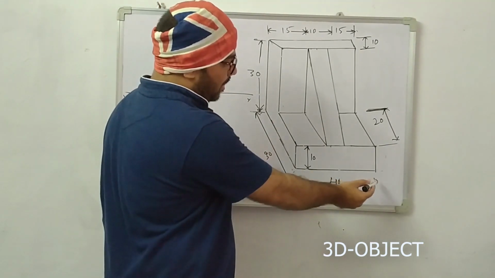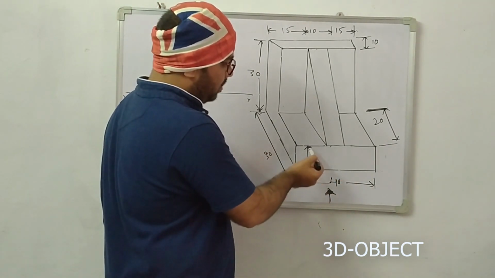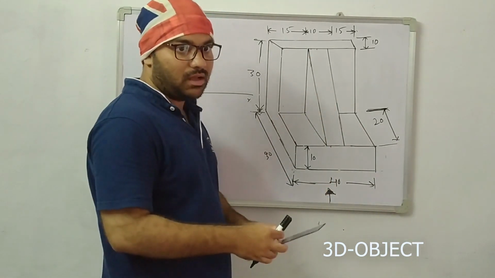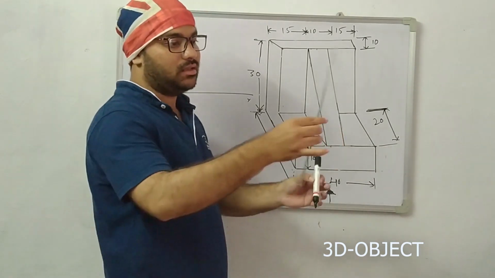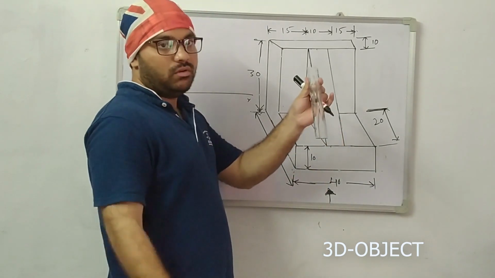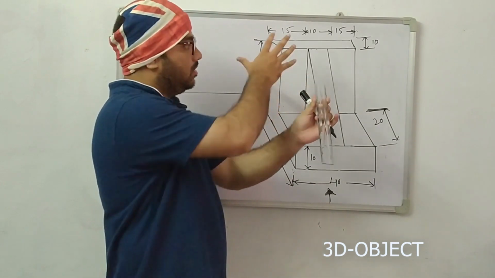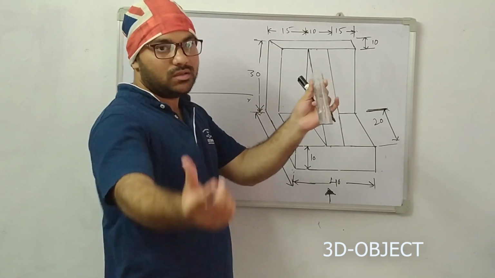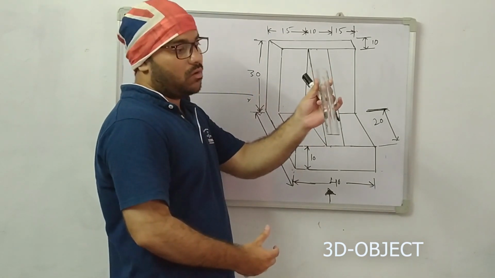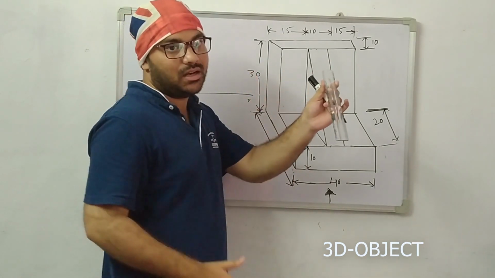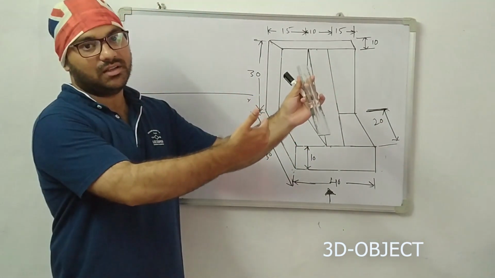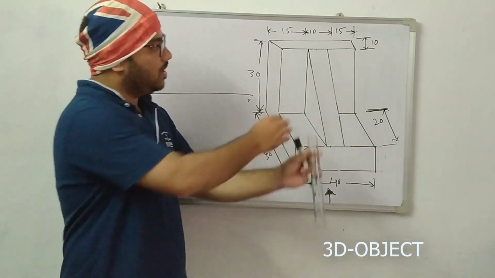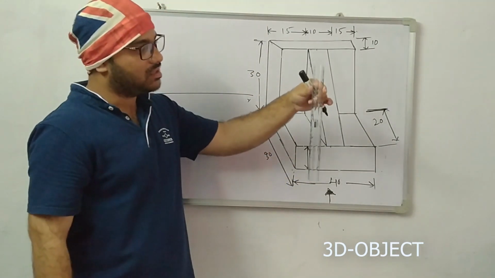You can see this 40 length and the height is 10, the small box, and you can see the slant face. Even though you are watching the slant face, in the front view you will get only two straight lines like this. Why? Because you are following orthographic projections. I can see the slant face inclination in the side view. It is not possible to watch it from the front side, so in the front view the slant face will appear as a straight line only.